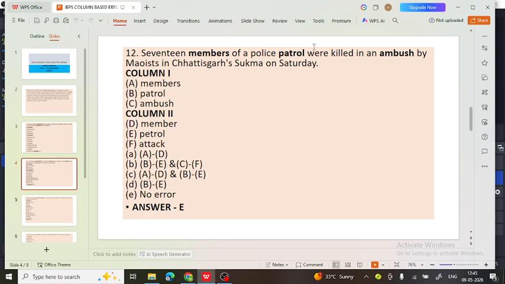So if we replace these words, 17 members. The plural form members must be there because the number is in plural form. So the noun member won't be there. It should be members. So for A there is no need to have